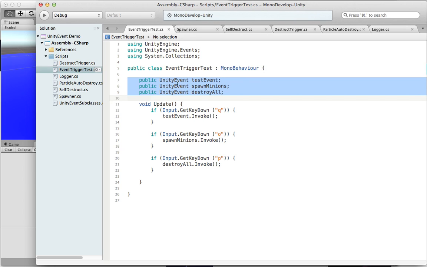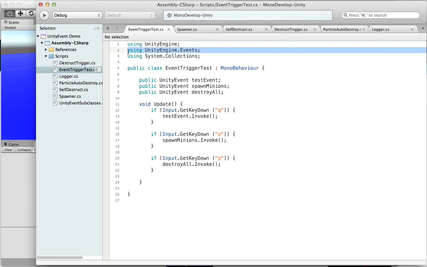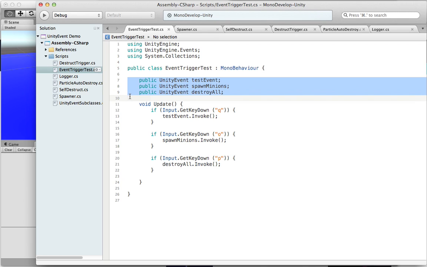This declares 3 public Unity events, and in order for this to compile, it's important that I add using UnityEngine.Events, which you don't get out of the box with the default starter template that comes with Unity. Although I've modified my starter template so that I always have this because they're so darn handy. But once you've done that, then you can declare some public Unity events, and then to invoke them, you simply